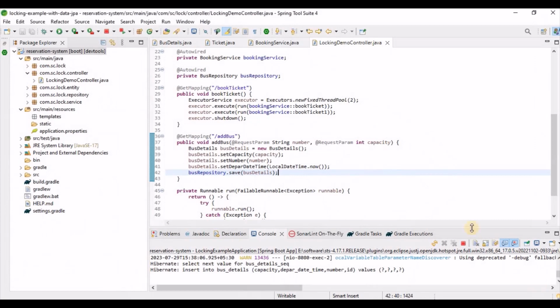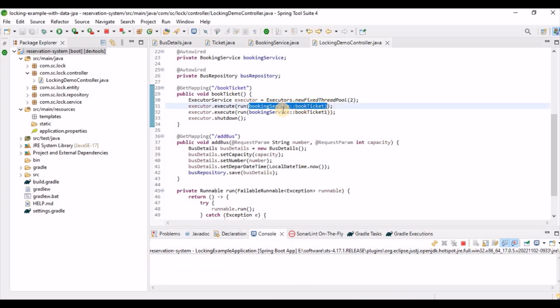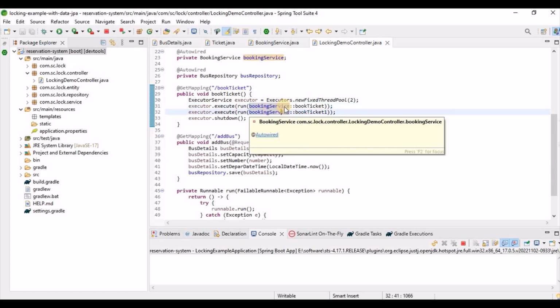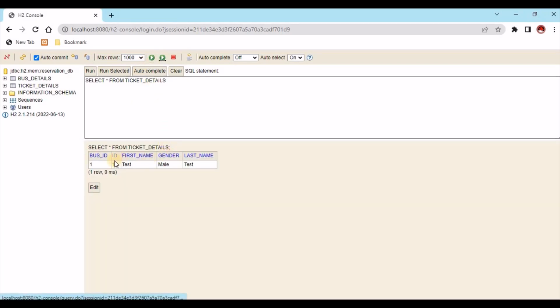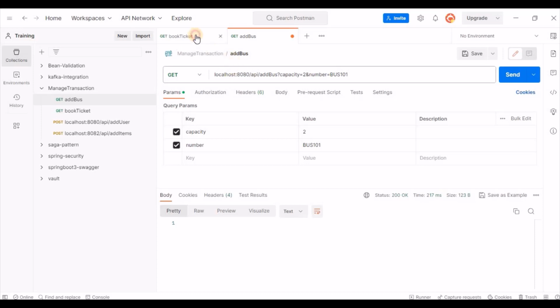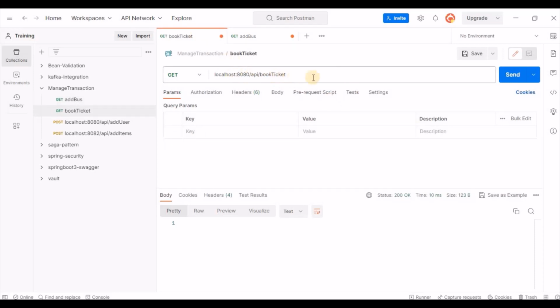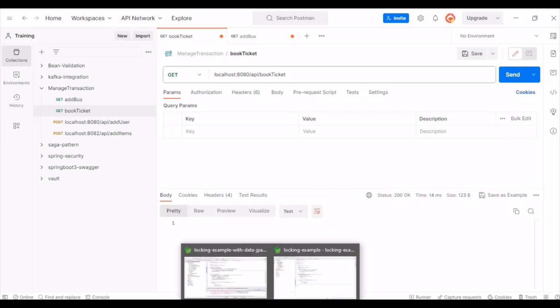Now why am I adding this? Because when I hit this book ticket, it will try to save 2 tickets at a single time. In a real scenario it should not allow that, because in the ticket details you can see one is already filled, right? And this bus has the capacity 2, so it should only allow 1 ticket. So let's run this, means try to book this ticket. I'm hitting this endpoint. It's done, and here